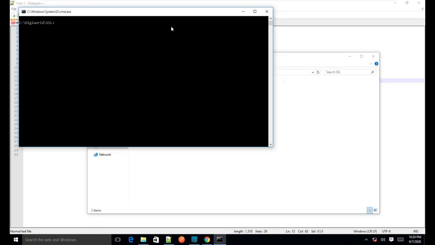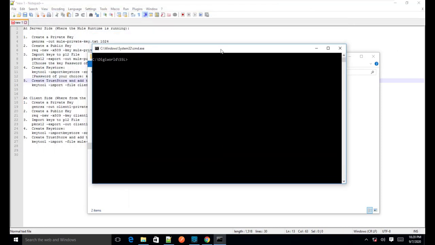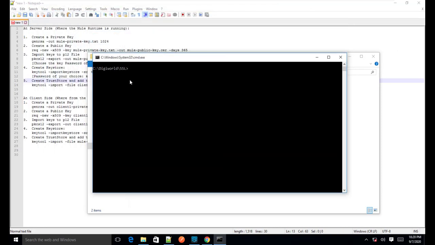To generate the private key and public key, I am about to use OpenSSL. To use that, you first need to install Git, and I have Git installed in my system.